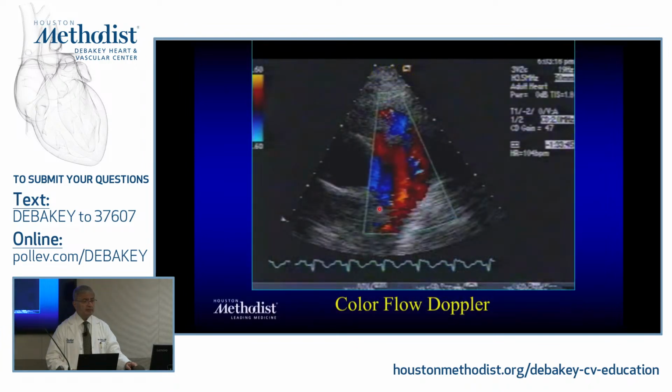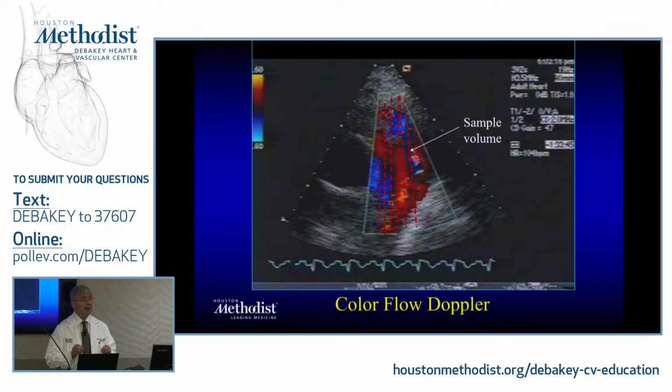Color Doppler is actually a form of pulse Doppler, and it has small gates. You could see them there; they're just depicted basically. The convention is that if it is going away from you, it's in the blue shades. If it is coming towards you, it's in the red or yellow shades.